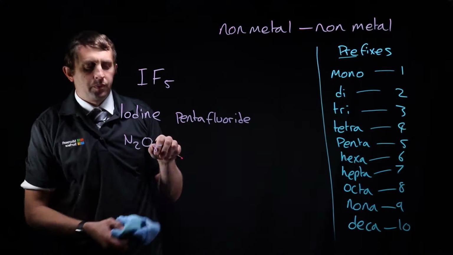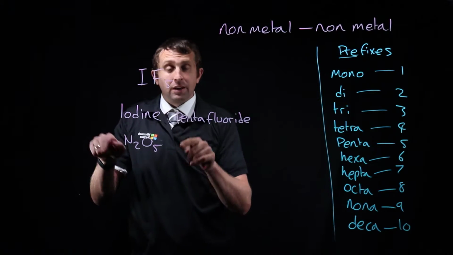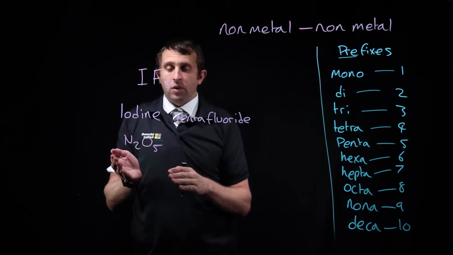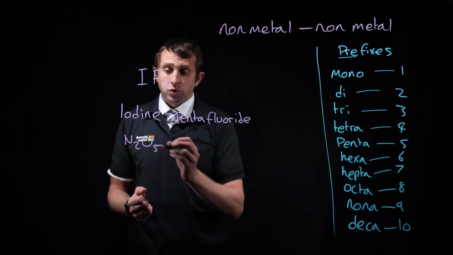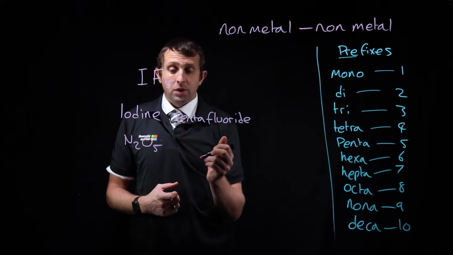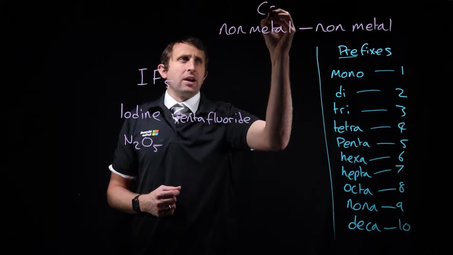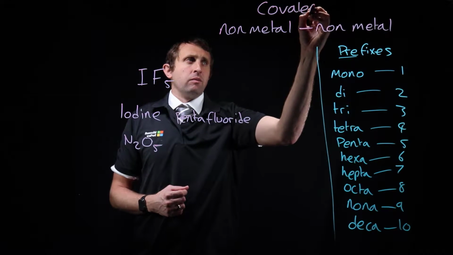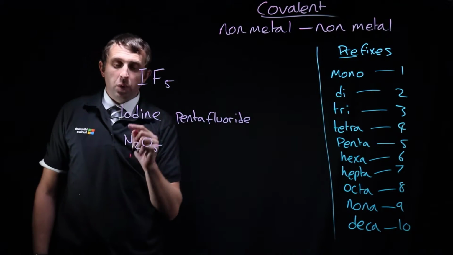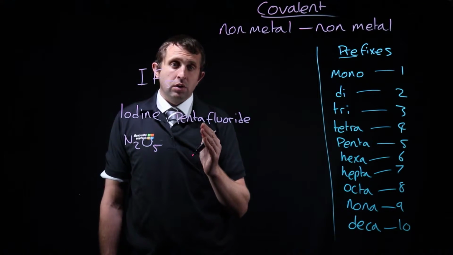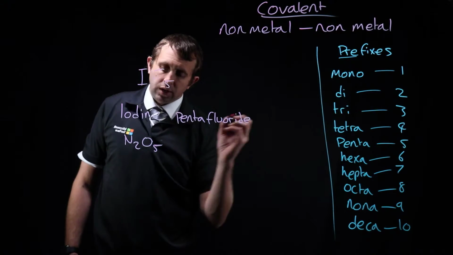Let's try this one. What about this one? Well, first thing we need to do when we get given a formula is work out if the atoms or the elements involved are metals or non-metals. Well, nitrogen is a non-metal, so is oxygen. So it's non-metal to non-metal, therefore that equals covalent. So, how many have we got here? Well, we've got 2 nitrogens. So we have to use a prefix because we've got more than one. So it's dinitrogen,